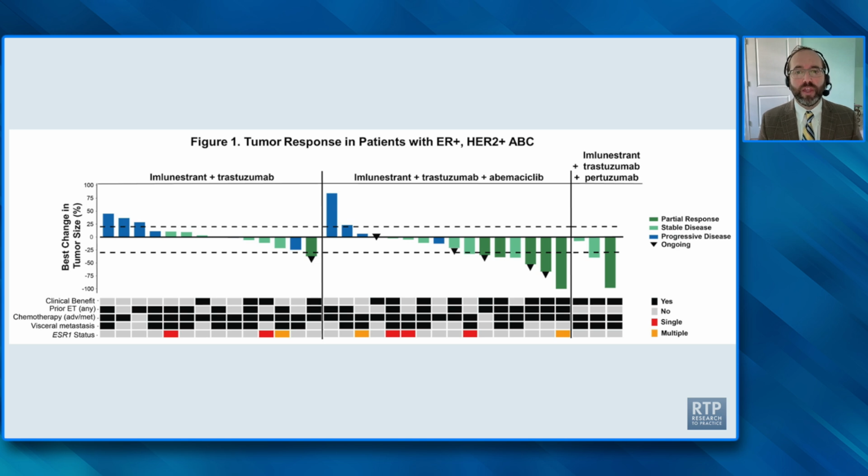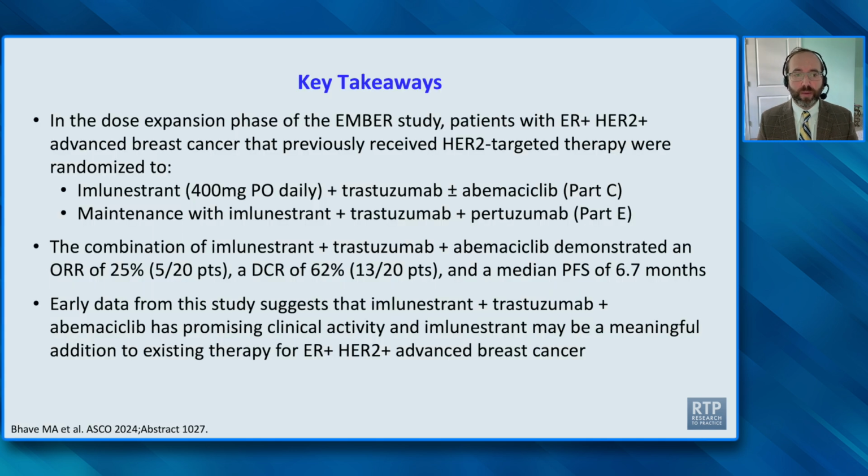And then here are the waterfall plots, and you can see, as might be expected with the triplet, we have more and deeper responses in terms of stability, and then some patients getting a partial response. We think that this triplet combination has promising preclinical and clinical activity, preliminary evidence of that, and that this may be a meaningful addition, these oral SERDs like imlunestrant, to the combinations for patients with HER2-positive, ER-positive advanced breast cancer. Could I just follow this up by asking,